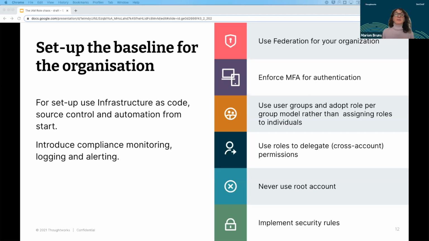And instead of assigning a single role to a single user, you should introduce groups which are, for example, in alignment to your team structure, and assign the required default roles to that group. So don't make the mistake of assigning one role to a user, and then this user needs another permission, and you need to assign yet another permission to that role. This is the point where it can easily become a mess. All these kinds of roles should be assumable by the user across an account.